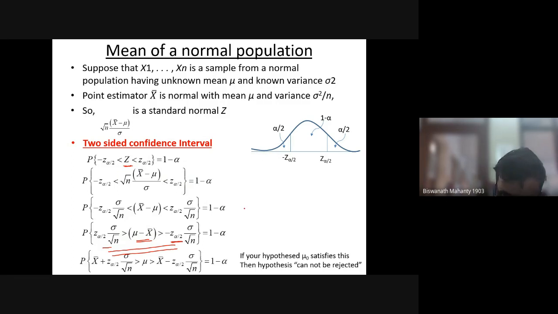Now, why are these questions coming? If this question is coming, then we already showed that mu will be greater than this and less than this at 90% confidence level. We already talked about that. Now, if my hypothesis is in such a way,